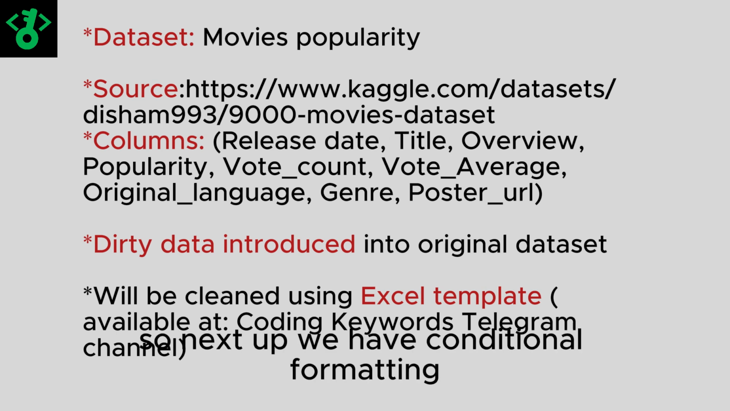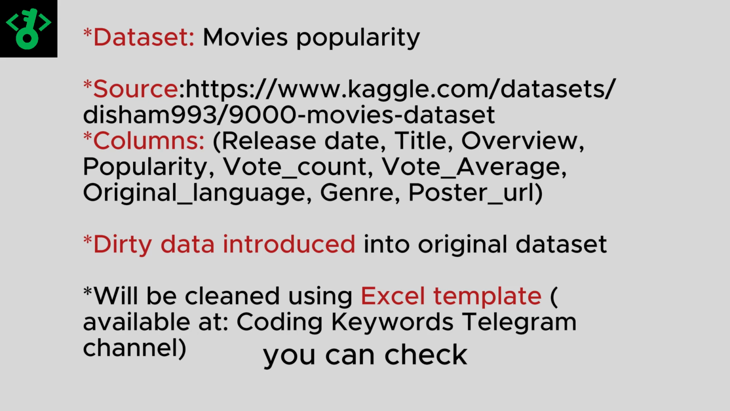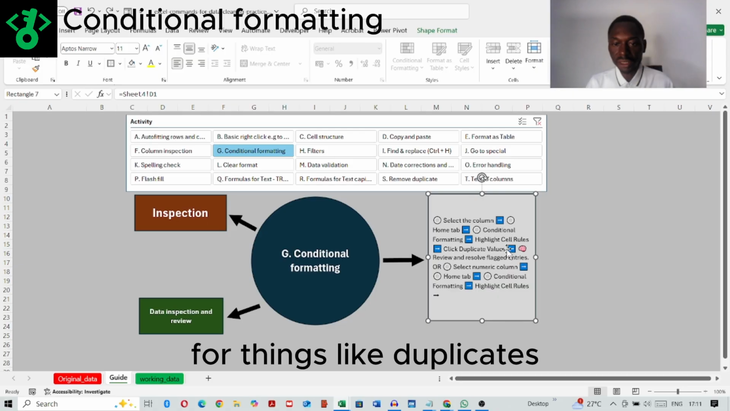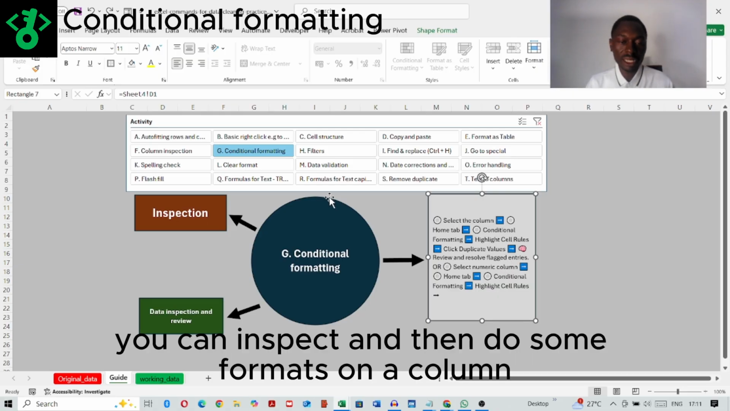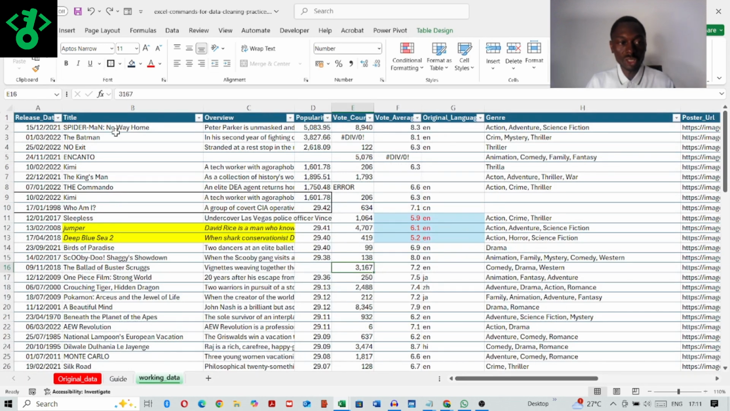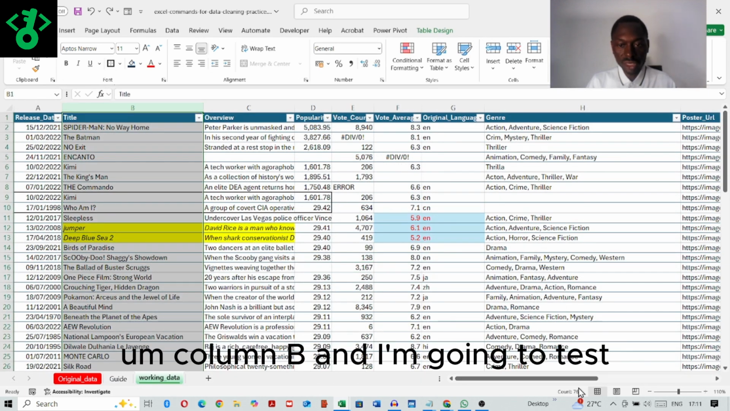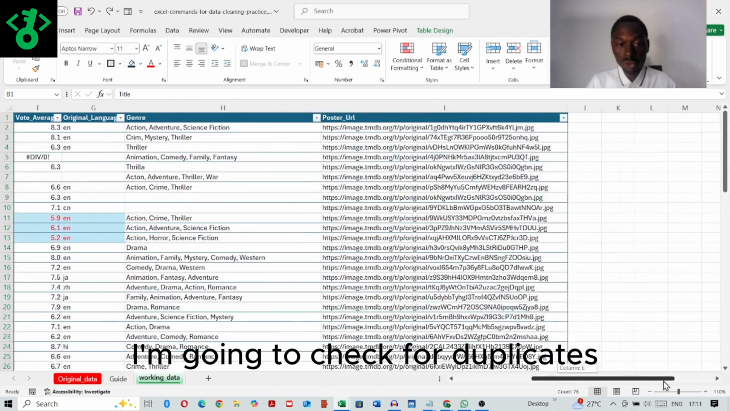So next up, we have conditional formatting. Yes, and in conditional formatting, you can check for things like duplicates, you can inspect and then do some formats on a column or any part of the data set based on the condition you set. So I'm going to take this column B and I'm going to check for duplicates and